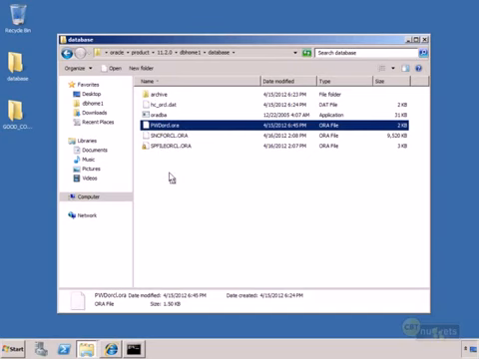I'm just going to duplicate this pwd.orcl.aura. I'm going to right drag and choose copy. And I'm going to change its name to reflect our auxiliary database. So it's going to be